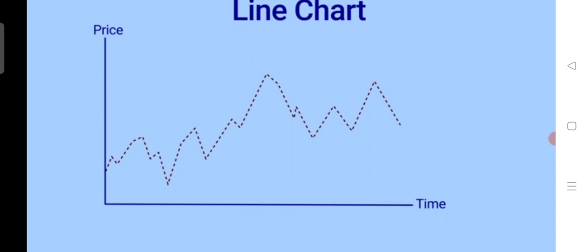What is a line chart? Suppose you are looking at a daily chart. The most important price is the closing price. If you take the closing price of each day and plot that over time, where each time interval is a day, you get a line chart that represents the closing price of each day. So this will be a linear chart, right?